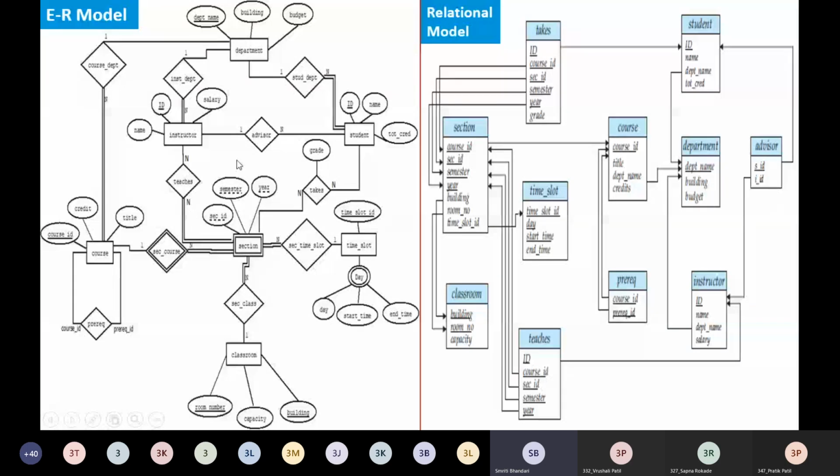In the video that was uploaded, I have corrected this mistake. Also in the description I have written that you should consider the teachers relation as many to many, not one to many. And if the relationship set is many to many, we should have a separate table for teachers. So there is a correction, and that correction is explained in the video that is uploaded on YouTube. So please refer to that.